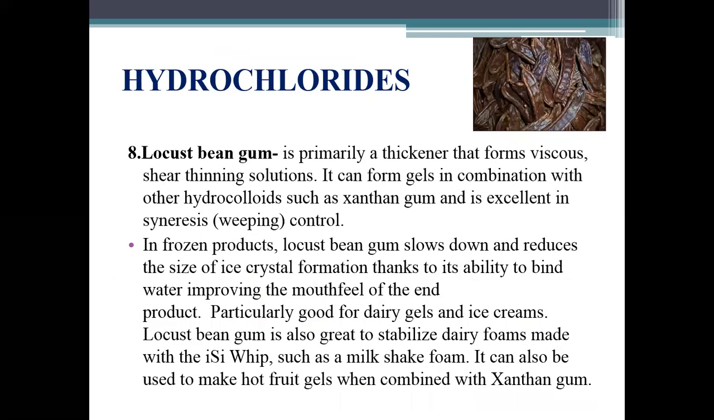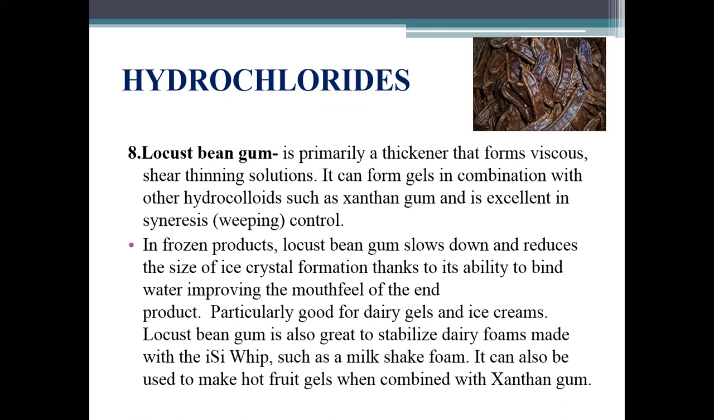Last hydrocolloid is locust bean gum. As you can see the beans in the right-hand side picture, brown colored beans, it is primarily a thickener that forms viscosity and shear-thinning solutions. It can form gels in combination with other hydrocolloids such as xanthan gum. It is excellent in terms of whipping. It controls whipping very well and stabilizes the whipped